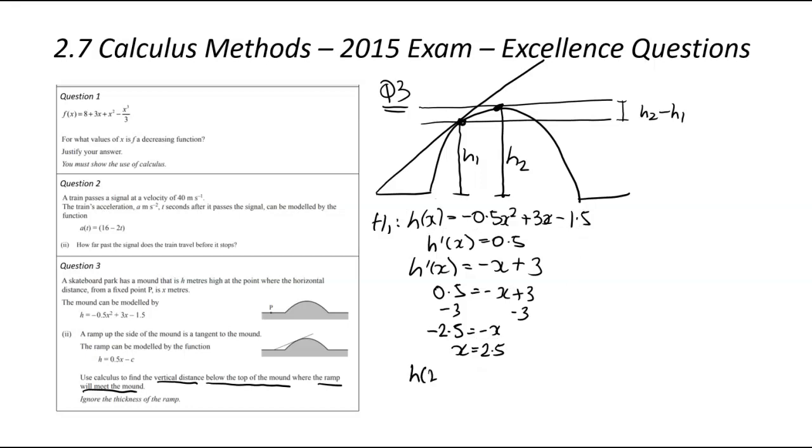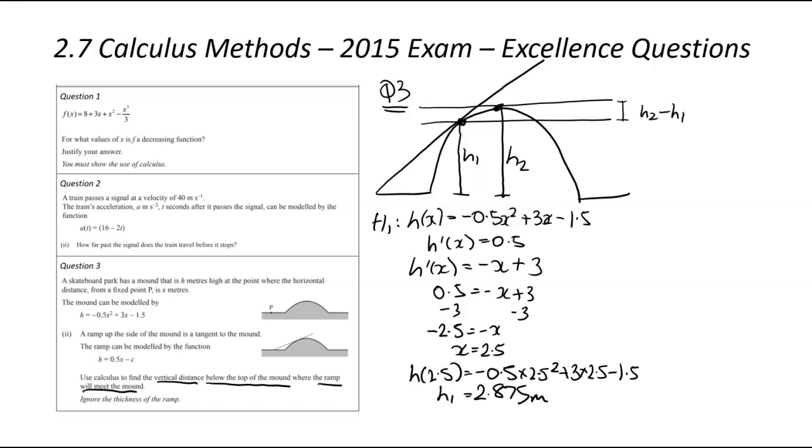So the height when x is equal to 2.5 is going to be negative 0.5 times 2.5 squared plus 3 times 2.5 minus 1.5. In the exam, you could go ahead and do the maths just to get to your final answer, but I highly encourage you to use your calculator, and we're going to get a height 1 of